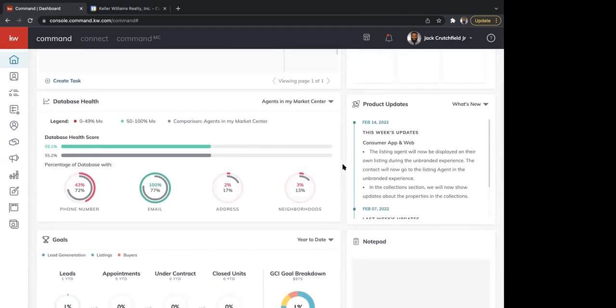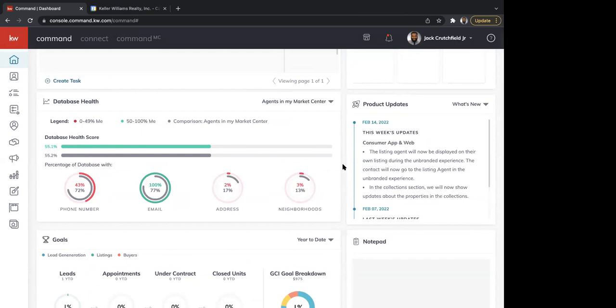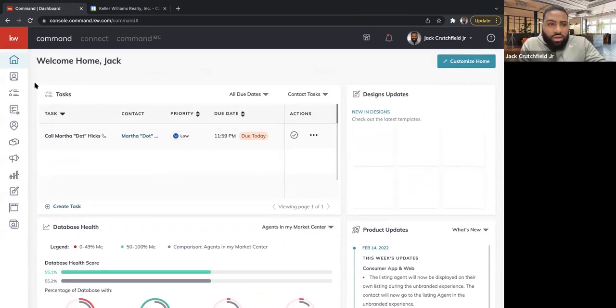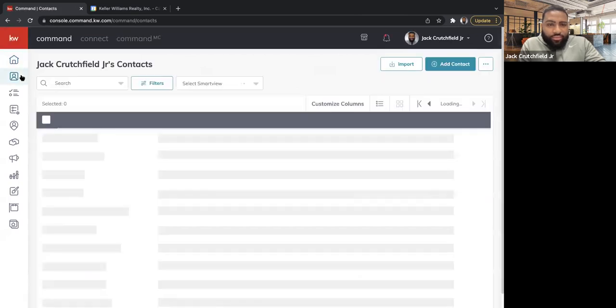Okay, so I guess my question is, on my mobile app, it says I have 7 leads never contacted. Yet under recent leads, it is showing me 30 leads. And you said, how do I find the specific 7 never contacted? Sure. So if we go into our contacts applet,